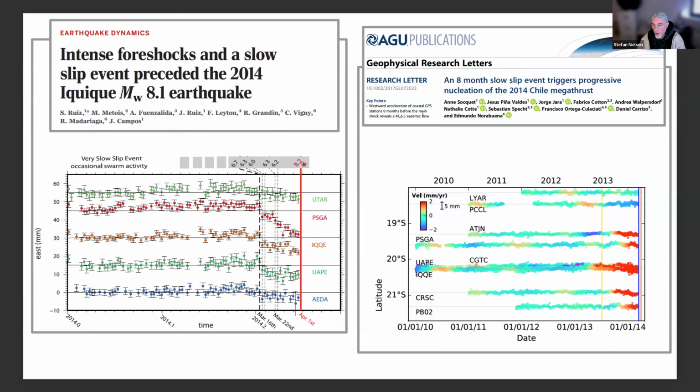And it showed with color code. Instead, the other one is showed with error bars and dots. But essentially, the idea is that everything started to move on the fault slowly and culminated in an 8.2 magnitude earthquake. So you may ask, okay, these kind of slow events may happen without an earthquake ending